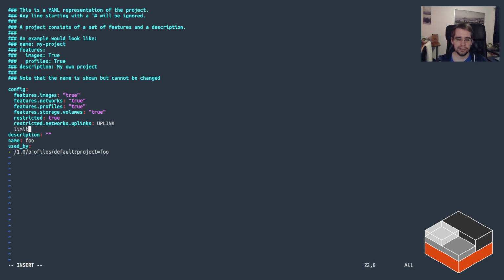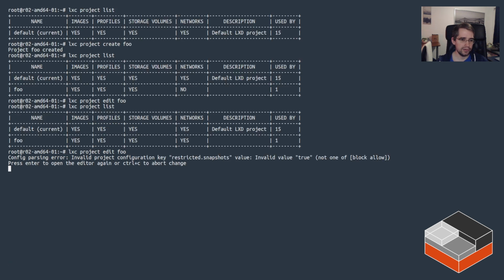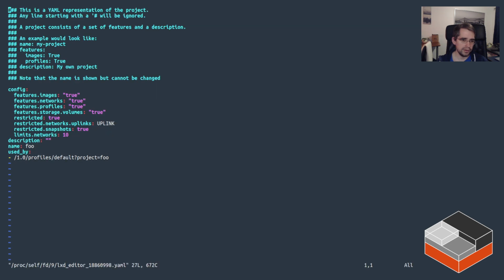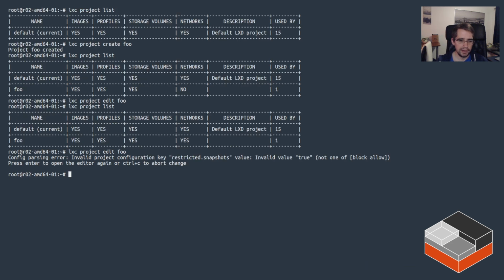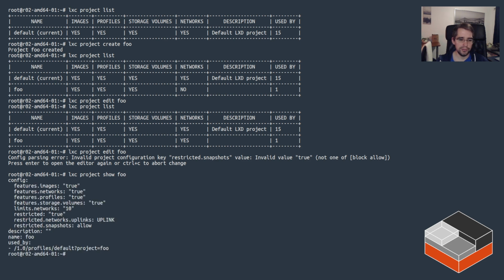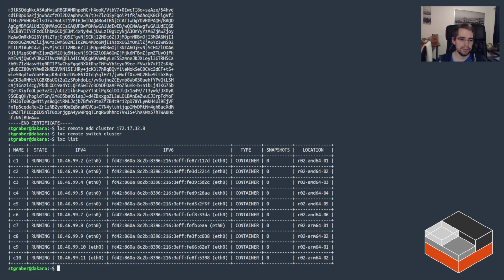And lastly, well, actually no, I'm going to be allowing the use of snapshots, because that's disabled by default if you restrict the project. And also going to be limiting the total number of networks to 10. Let's save that. And oops. Oh, right. Receiving snapshots tells me that the value is block or allow, and in this case, okay, allow. Cool. So now if I just show the config for that project, we've got all of those things in there. It's good. Now if I look at my client here,